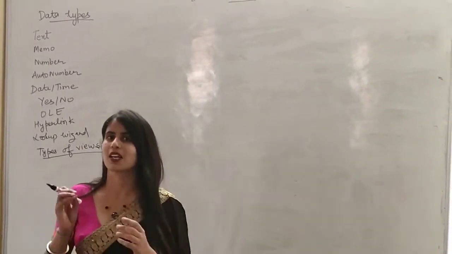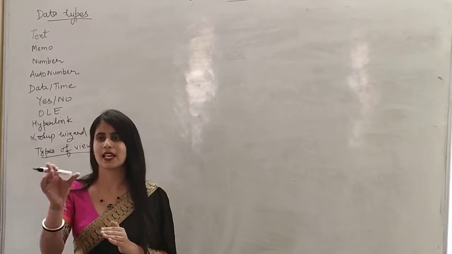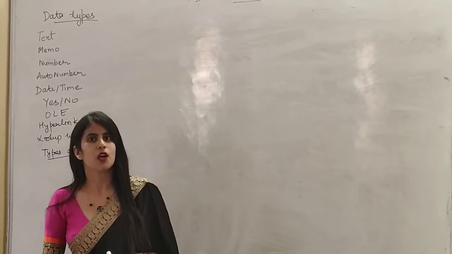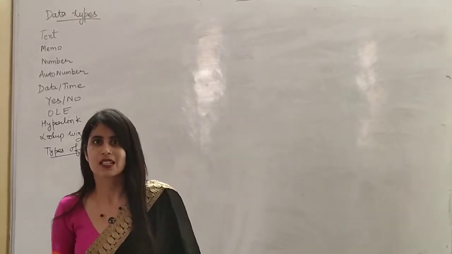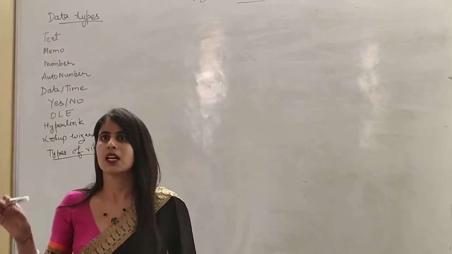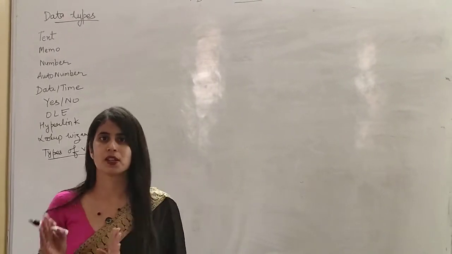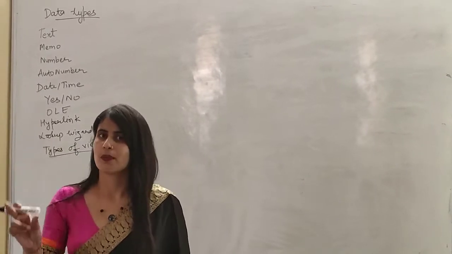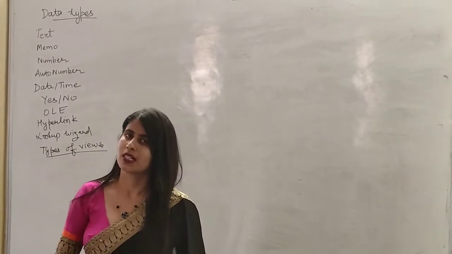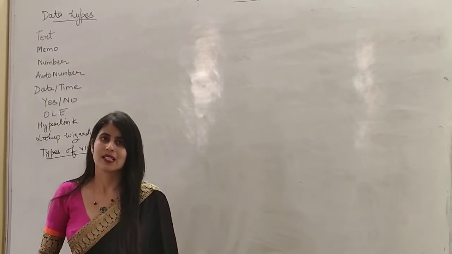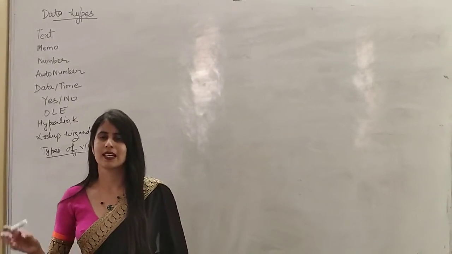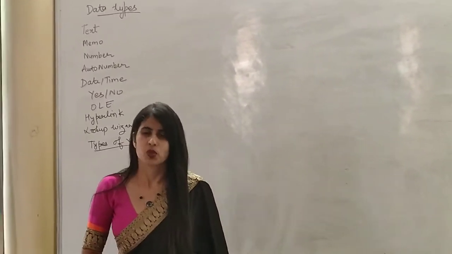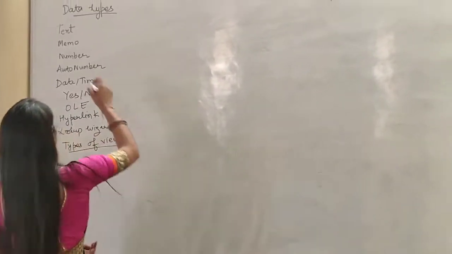Data type means the type of data that we enter in any cell in any field. As you know, in MS Access we clear the concept that a table is a collection of fields and records. Here we consider the row as a record and the column as a field. So we will study the data types. Data is a value, a set of information that we use to enter any kind of information. Okay, so the first data type is text.